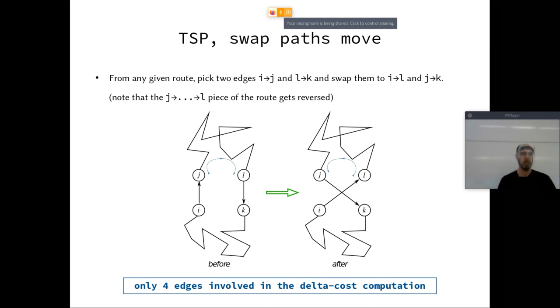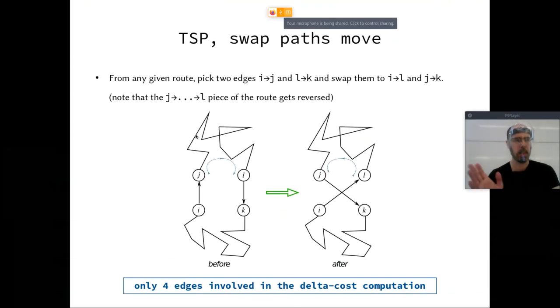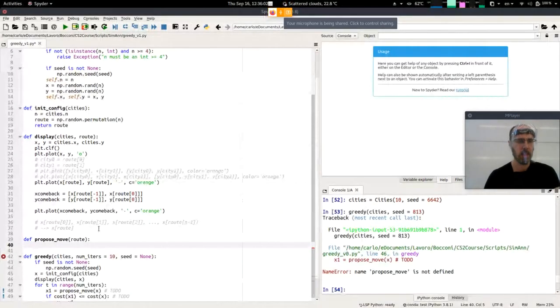Okay, so this is important. So the first edge is going to be some edge along the root. And so we pick an index inside the root. But it's going to be a root index, an edge index, not a city index, okay? So here we can say the first edge, for example, is going to be